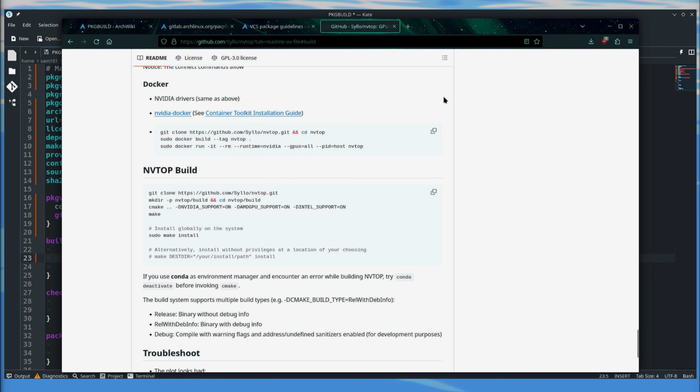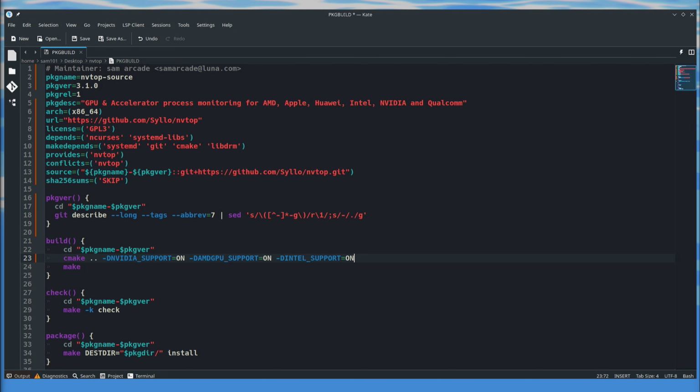For the build function, you just need to look at the build instructions. And it uses cmake to build the package. Simply copy the line and paste it inside the build function. Cmake is going to compile the package, and you can specify the location where you want your software to get installed. It can be /user/local or /user. By the way, that dot represents the current directory. Now our build function is complete.